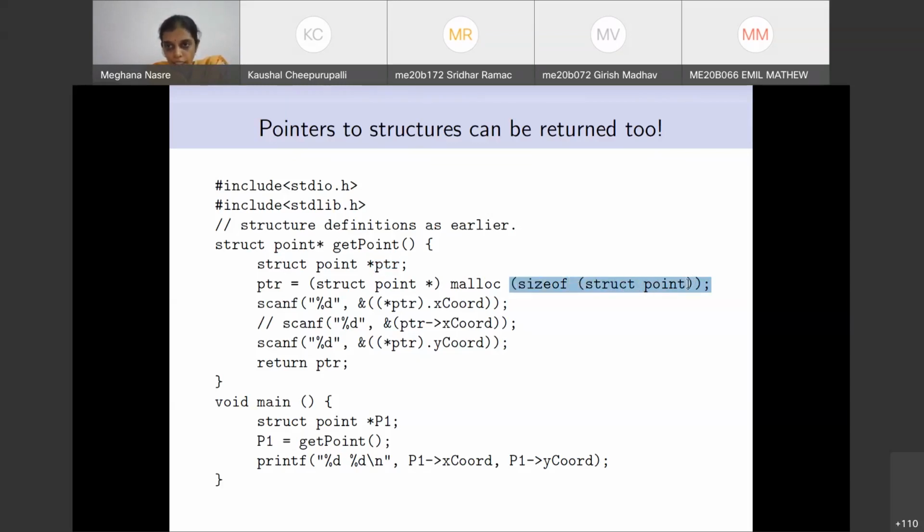So you are going to need these many bytes. You are telling malloc, allocate me these many bytes, and whatever pointer you give to me, which will be of void star, let me typecast it into struct point star, because that is how I am going to interpret this memory. And this contains two members, one which is x coordinate and the second which is y coordinate.